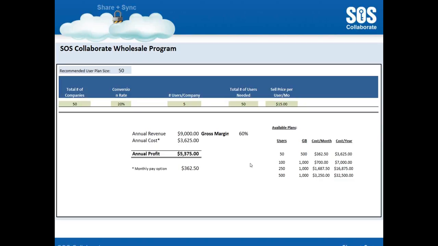In terms of just points of discussion, 50 companies is about middle of the road in terms of our partners. There are partners here today who've got thousands of customers. There are partners here today who are single-man IT shops with 5 to 10 partners, but 50 is very much middle of the road. Your conversion rate of 20% is low. So in terms of being able to only get 1 in 5 of your customers to adopt this tool, this is a far more